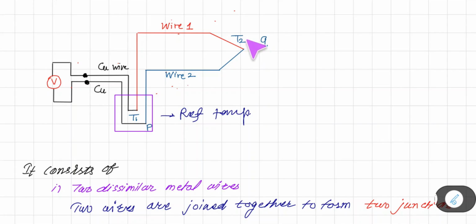Obviously, the output obtained from the thermocouple circuit is calibrated directly against the unknown temperature, and thus the voltage or current output obtained from the thermocouple circuit gives the value of the unknown temperature directly. So calibration is needed. Now the thermocouple is calibrated.